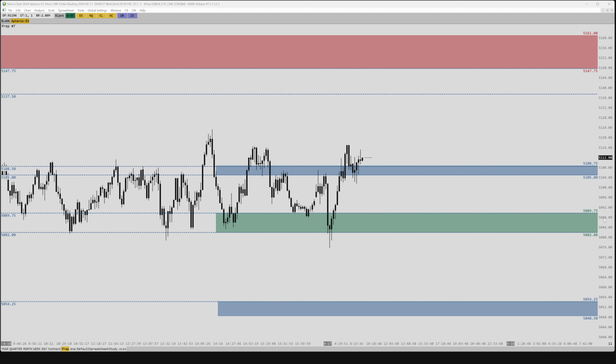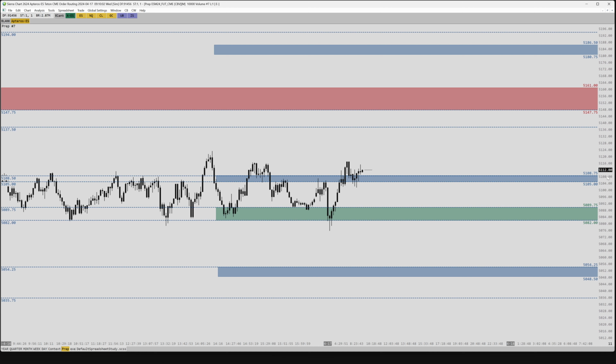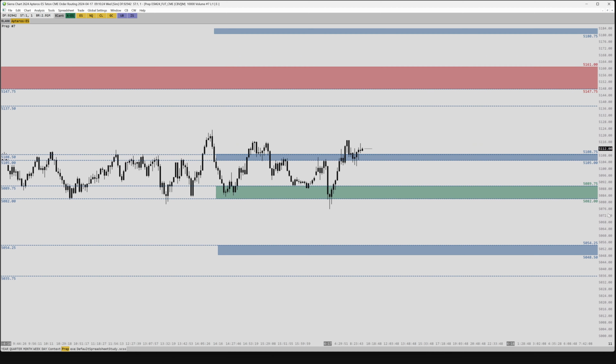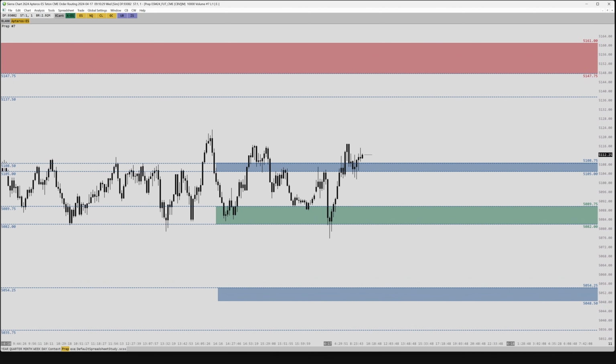And just to kind of, if we get an extreme day for whatever reason and things really start to move, we do have some things that we can use for even further stretch targets. We have an option up here if we really just start to push through this area into this neutral zone here. And of course, if we push through this neutral zone on the downside, we have another neutral level down here. And then from there, it's kind of wide open space again to the downside until we start running into some big higher time frame stuff that's a little bit further below. But for now, this is really the scope of what we're trying to keep our plan around, and that's really what we're